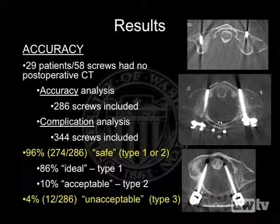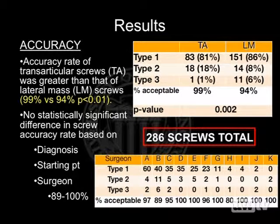So in the end, our results, the accuracy was quite good as we had anticipated. 86% were ideal or type 1 screws, 10% were acceptable screws, so those 96% of screws were considered safe, and we had 4% screws that we considered unacceptable or type 3 screws, again illustrated in this example here. Interestingly, and this is, I think, a statistical anomaly for various reasons, but we found that there was a statistically significant